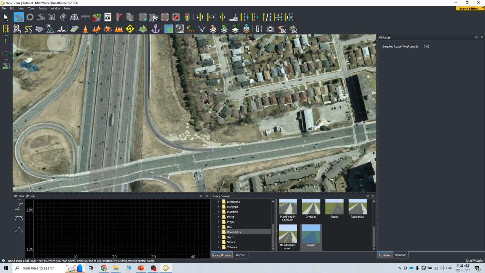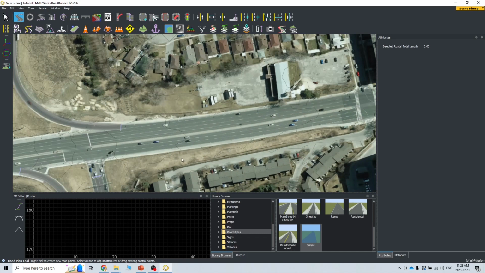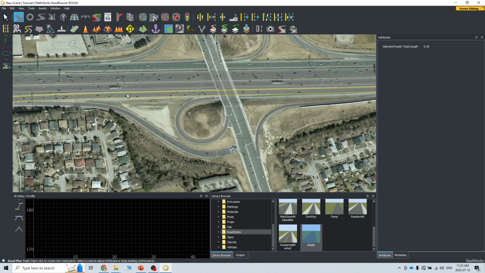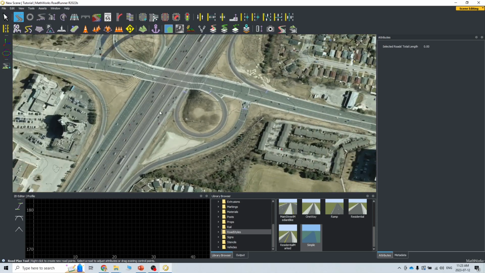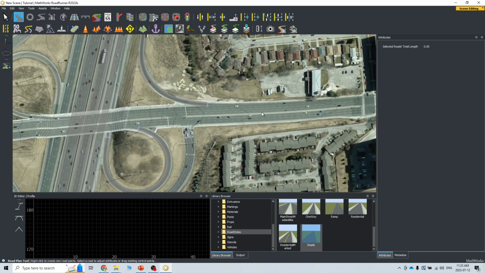Okay, now we want to create this arterial road. So what I want to do is create the right side, and then I will leave the left side for you to do because it's similar, right? So for creating this also